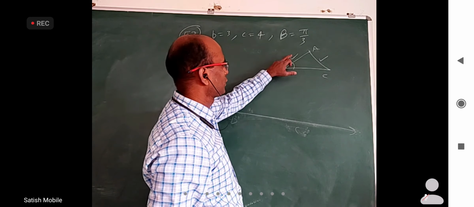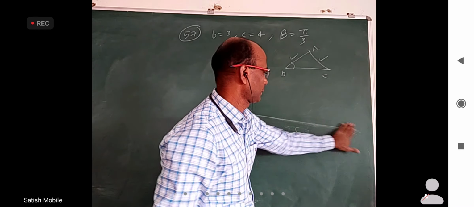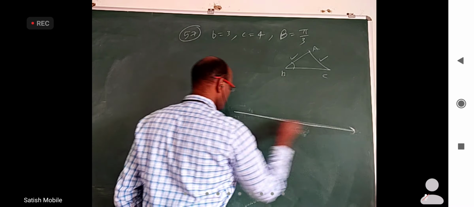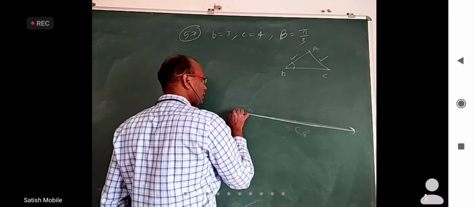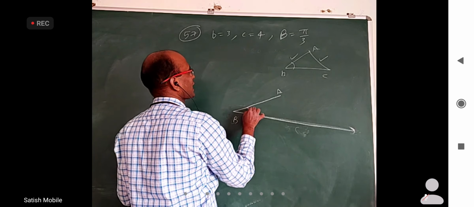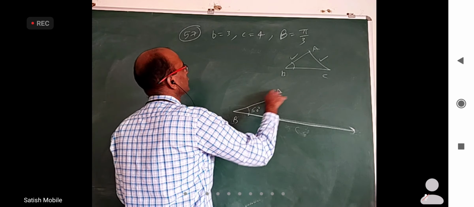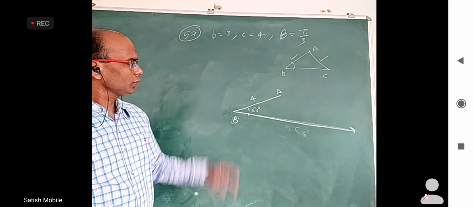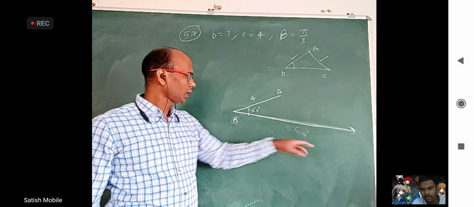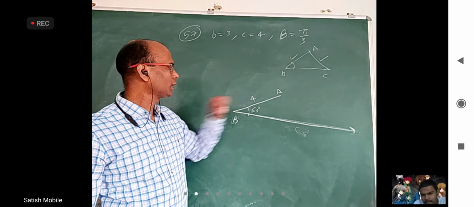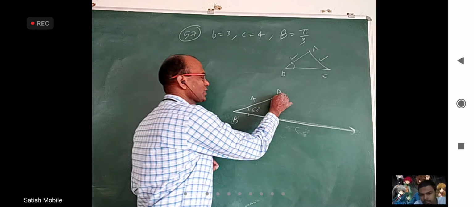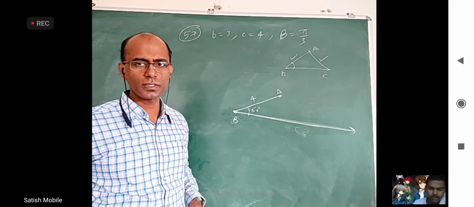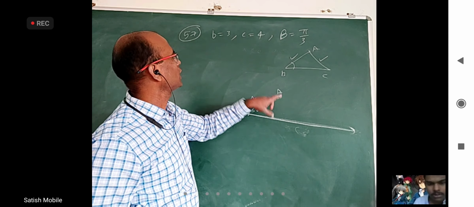I have to take this and the BC ray here. It's okay, nothing wrong. This is B. I don't know where C is, and I'll construct A such that this angle is fixed, 60 degrees constructed. AB length is 4, constructed. So draw a horizontal line, and at an angle of 60 degrees construct something, and make sure it is 4 units. We fix A now. A is fixed, B is fixed, and angle B is fixed. I just change the figure like in our theory in the material. Now with this I have to draw an arc of AC length which is 3 units.